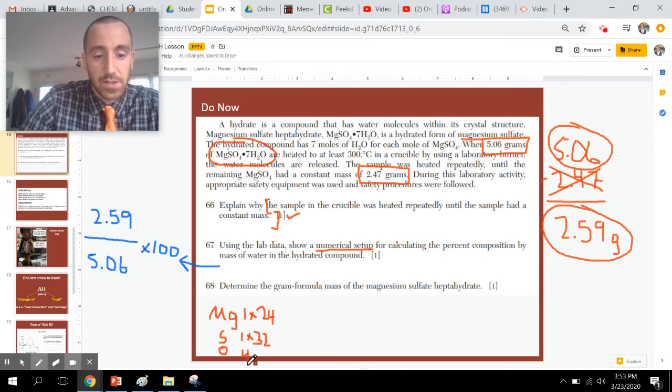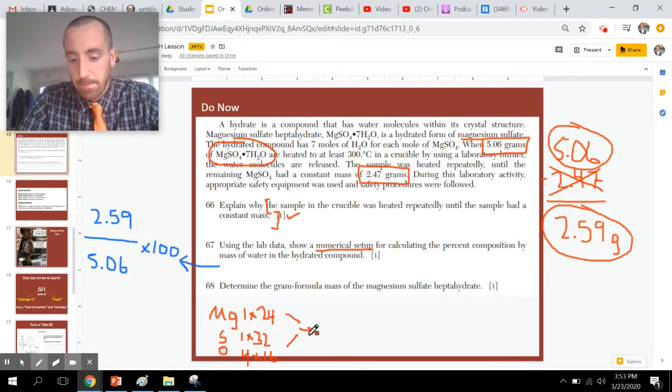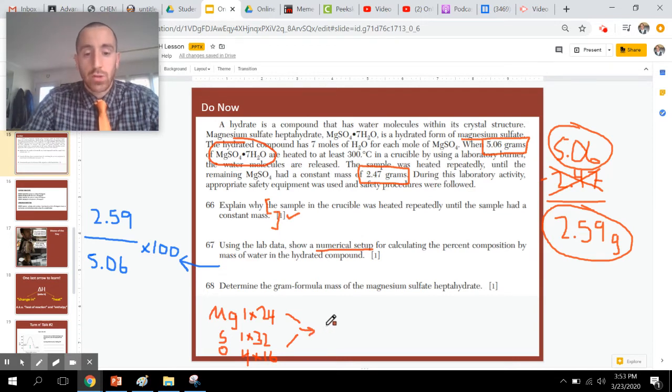So you have 4 oxygens times 16. Okay? So for MgSO4, it'll be 24 plus 32 plus 64, 120. So you have 120 grams coming from MgSO4, but